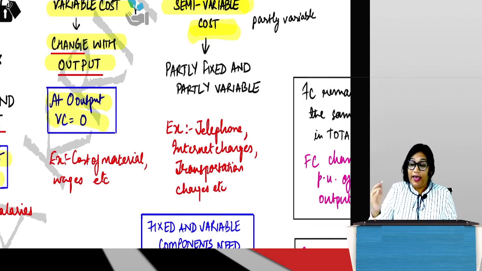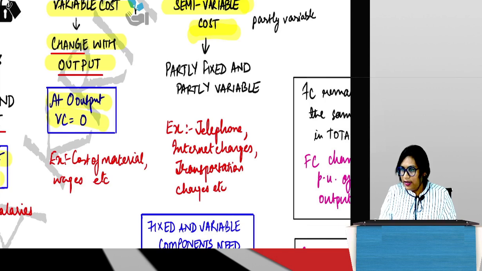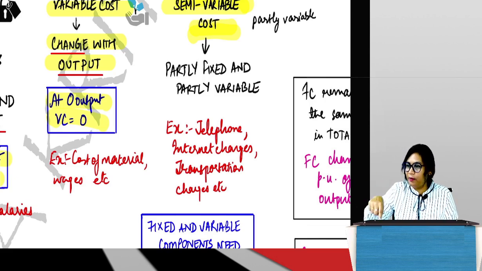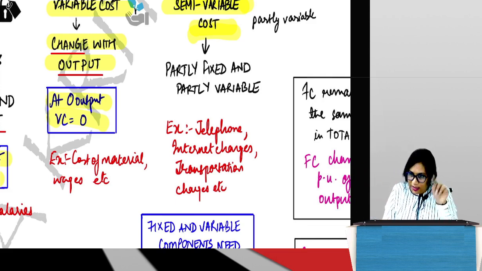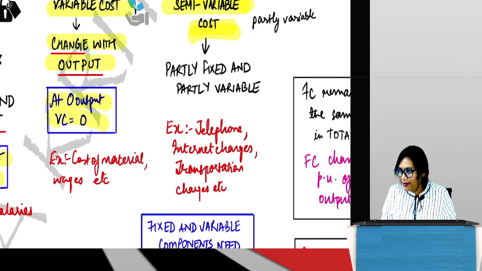So yeah, if you are traveling in the auto, for the first 2 kilometers you are paying 30 rupees. Let's say you don't even travel 2 kilometers. Let's say you travel 1.5 kilometers. You still have to pay 30 rupees. Will you tell him, no, I will do the unitary method? For 2 kilometers it is 30 rupees, for 1.5 kilometers it is so much, I will pay only that much. Can you do that? No, right? He won't take you at all, right?